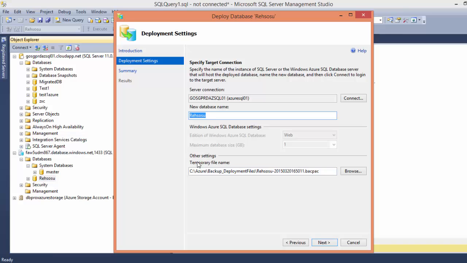Now as you can see, it is asking for a temporary file. So this is the file which I was talking about, that you should have that space. It will create this particular bacpac file. A bacpac file basically scripts out all the objects and the data from your source, and it will use that to deploy it onto the target. So let's click next